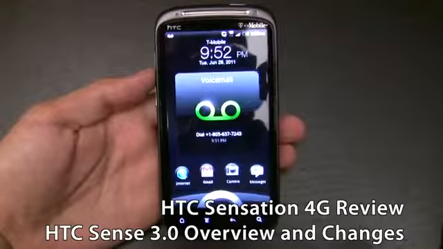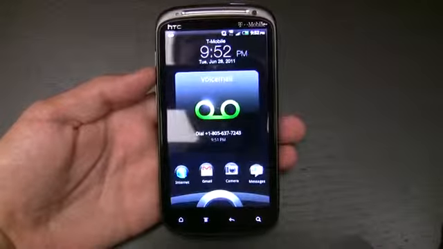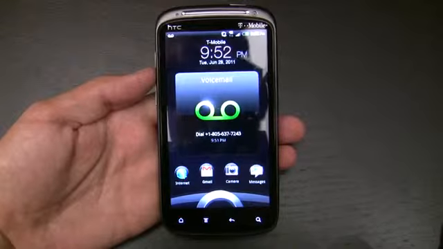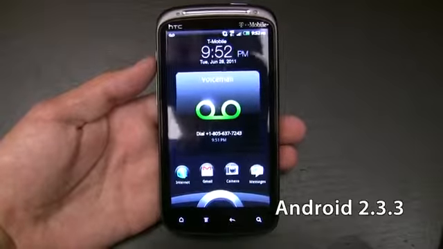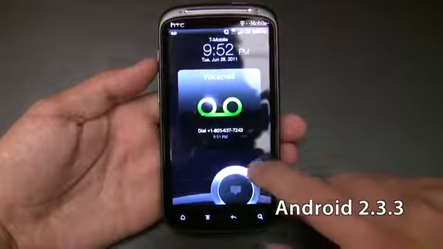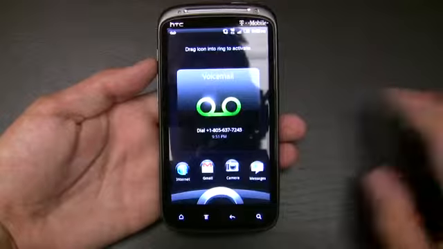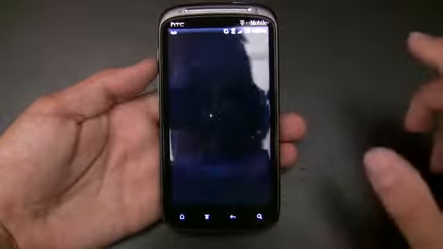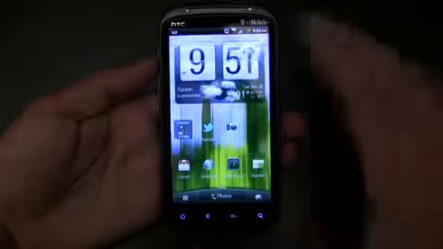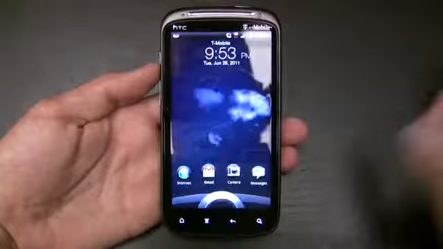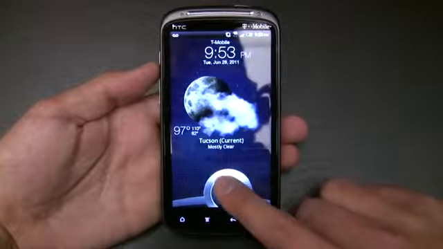So let's talk about what's new on the software side of things. Obviously we're looking at the T-Mobile version again. And let's start off really with just the lock screen. So at the lock screen, obviously we have these buttons down here. And what we can do is drag them into the center to launch the application. So like if I come back here, I can quickly launch camera, for example, just by quickly dragging into the